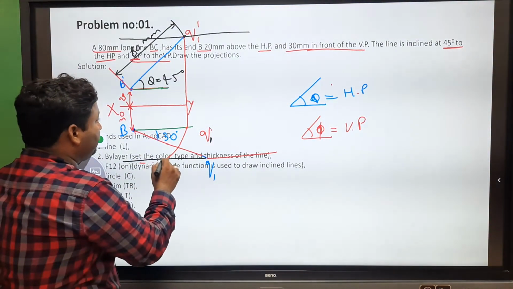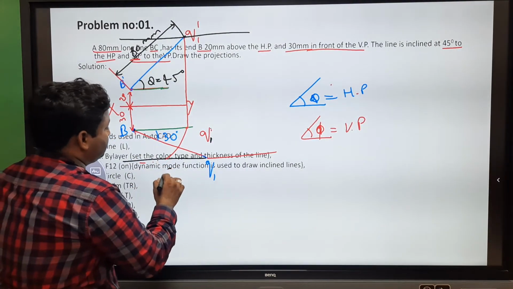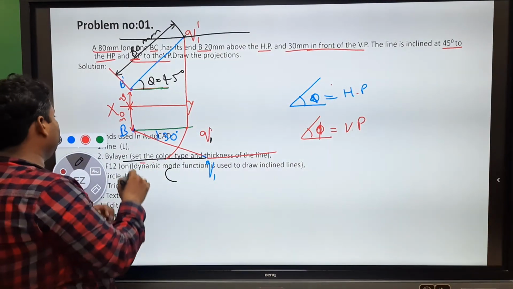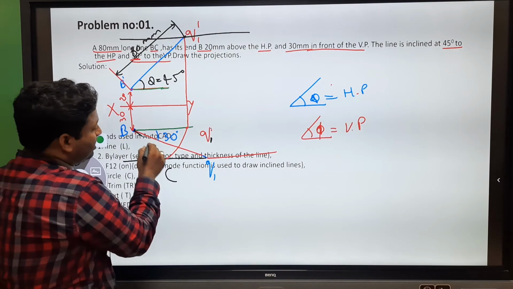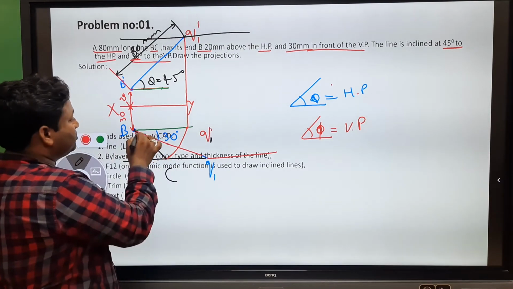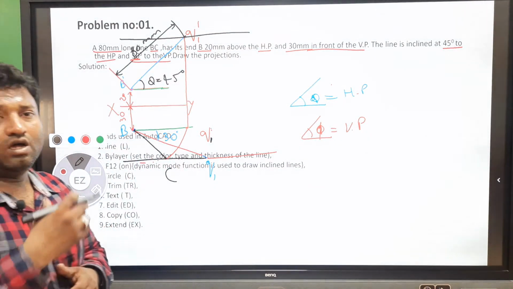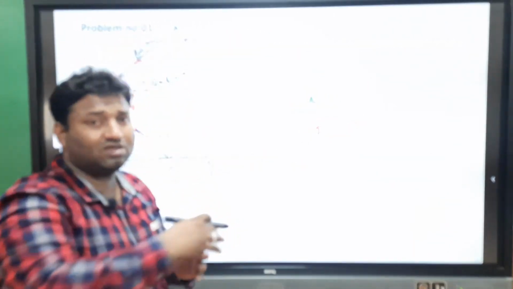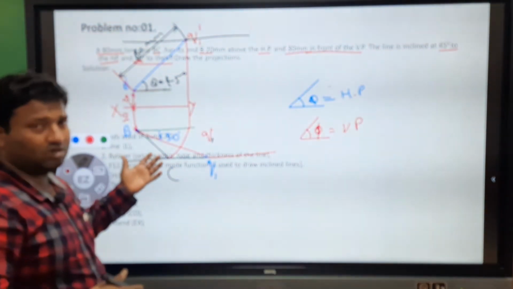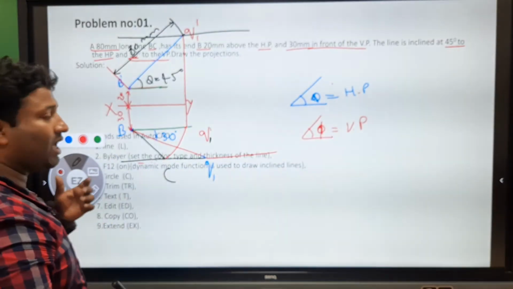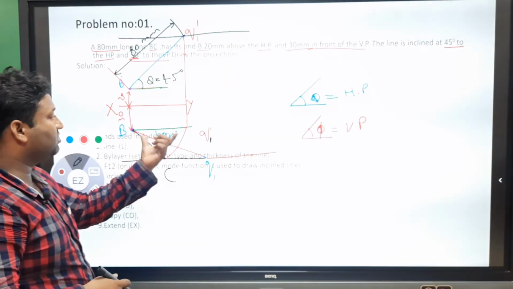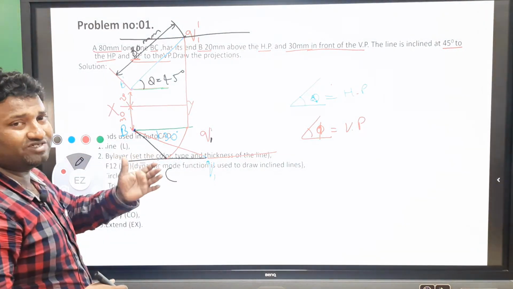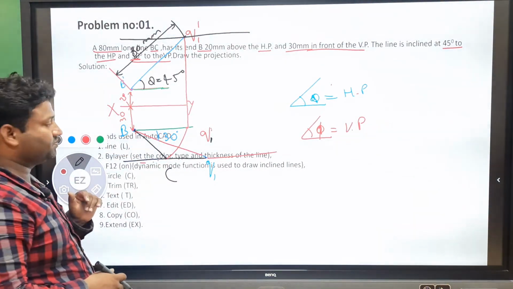So, this is my C. And I have to join this line like this from here to here. So, this is my true length of the object when we are viewing from the top. So, the line is inclined and I am getting this much of length. I can view this much of length; the actual length is 80 mm, but when we are viewing from the top, due to its inclination, it is appearing this much only.